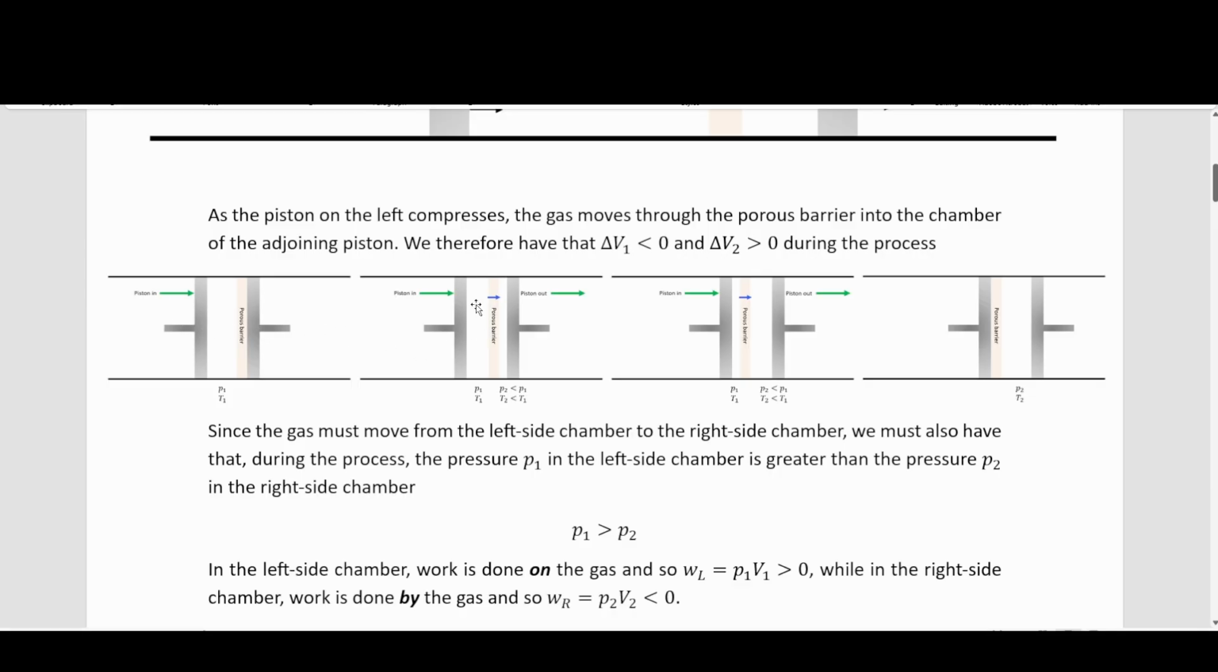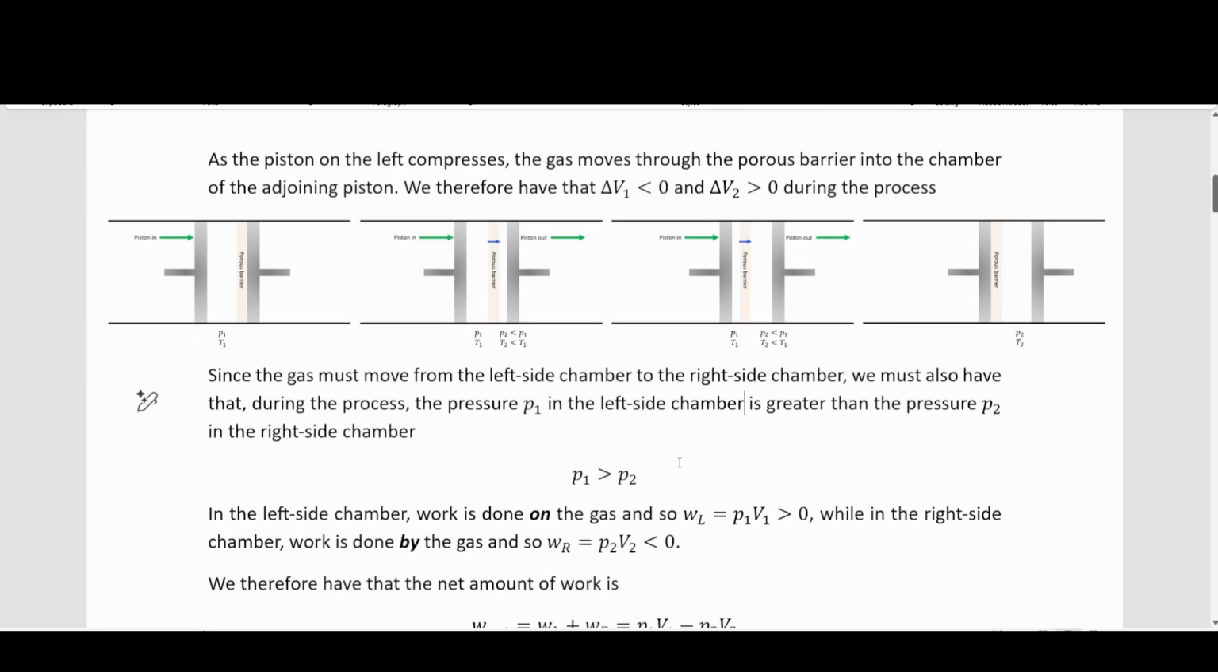As we push this in, gas moves through. We start moving gas into this right chamber out of the left chamber. As that goes, we will end up with all of the gas in the right chamber. Since the gas must move from the left side chamber to the right side chamber, we must also have that during the process, the pressure P1 that's on the left side is greater than the pressure P2 on the right